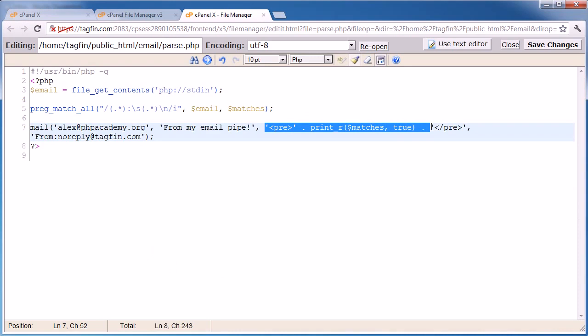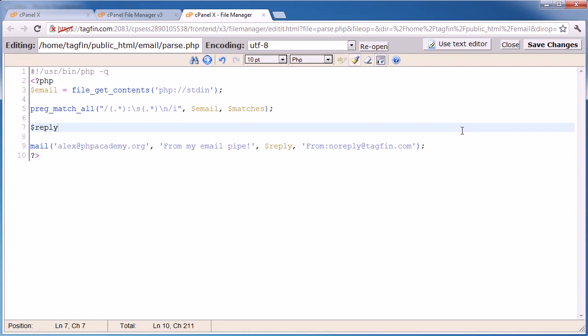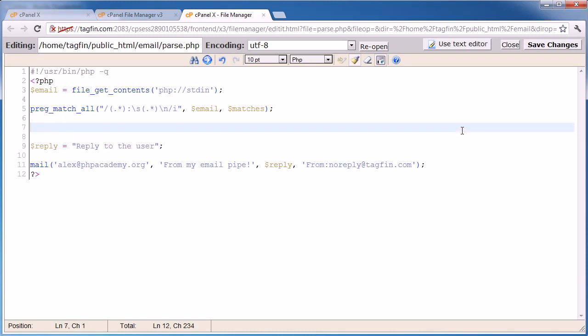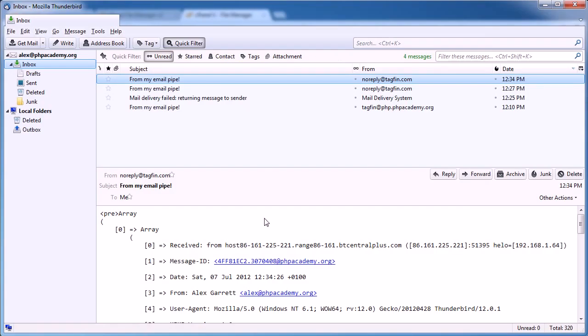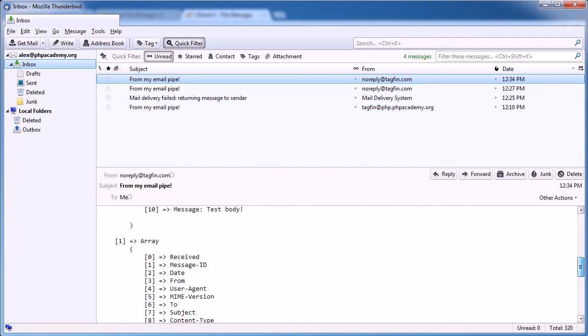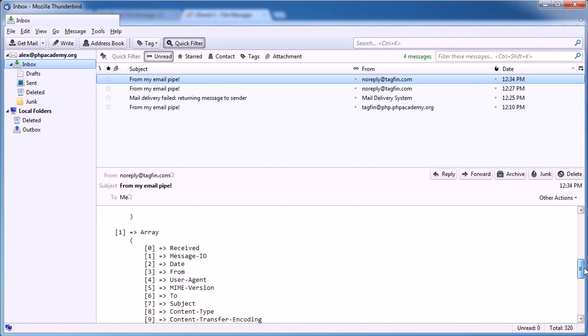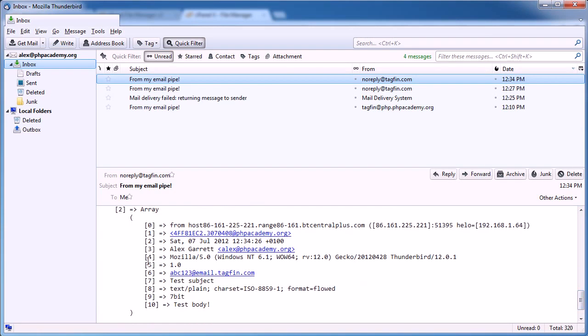I'm going to get rid of this. But what I'm going to do is create a variable called reply, which is basically going to be the reply to the user. This is only temporary. We're going to output this line by line as we saw in the first part of the video. So we need to work out what variables we need, and we can use this as a reference as we go. So we need first of all the sender, which is this,